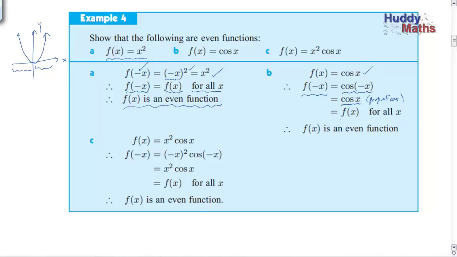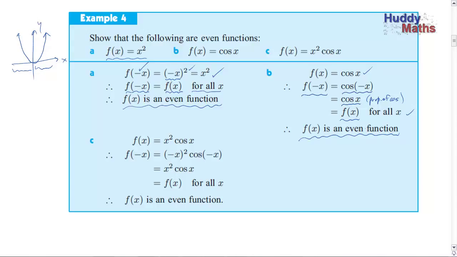And that gives you then the function back again for all x. We're not using particular values here, so we're proving it for all values of x. And then your comment: f of x is an even function. Because these are little proofs or "show that" questions, it's very important that you set out the steps